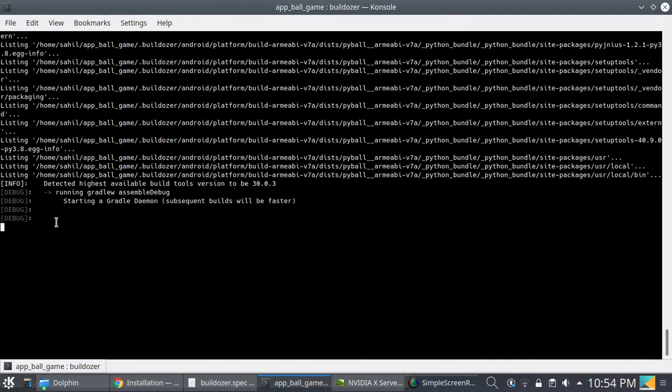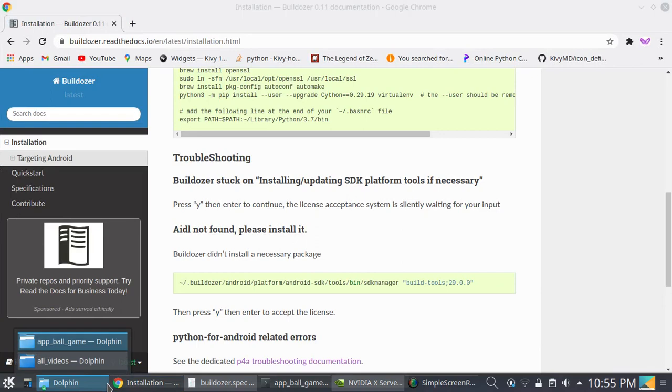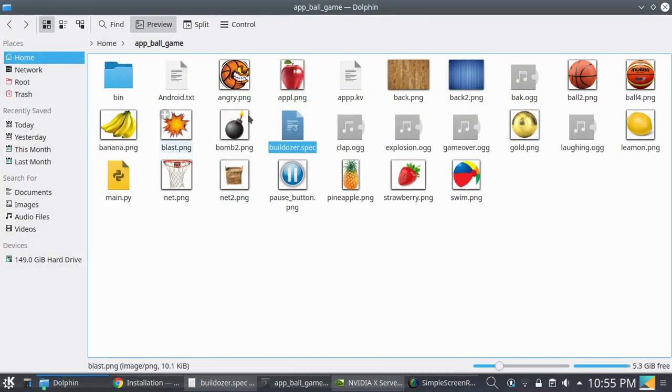Okay, wait till the end, and after that you can collect your APK from the bin directory.